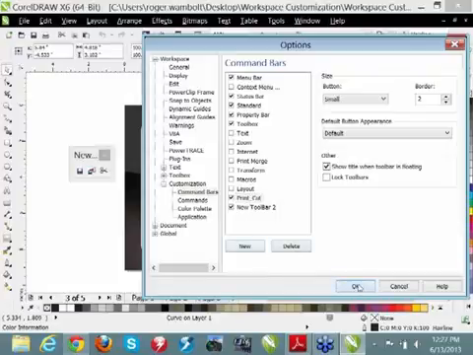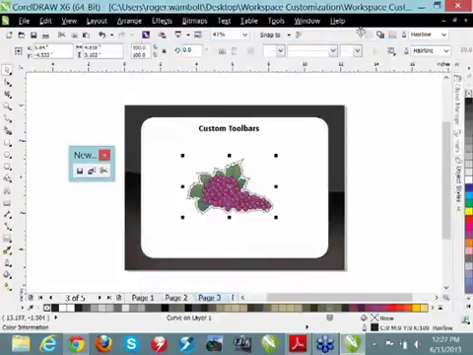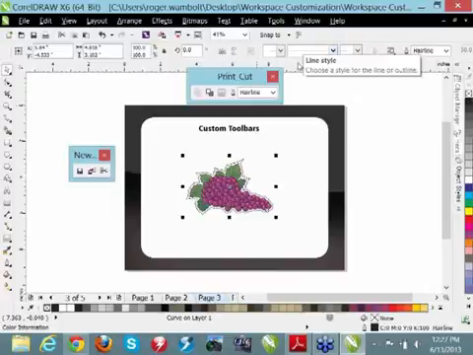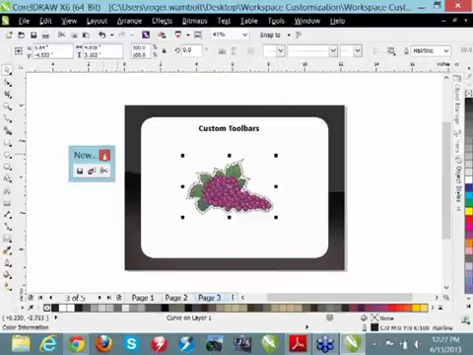I'll click OK to this, and now if I took this toolbar and I undocked it, you'll see that it actually has the name Print Cut. And it looks like my toolbars are quite large, so maybe something I've changed in the Tools Options setting. I'm going to just close this one off. I'll close this off. I'm going to create another toolbar